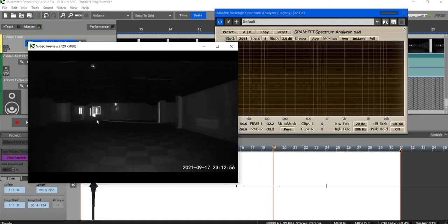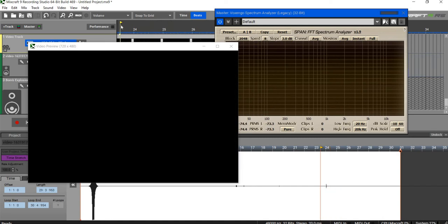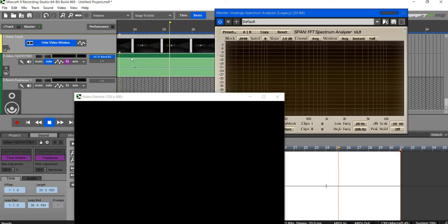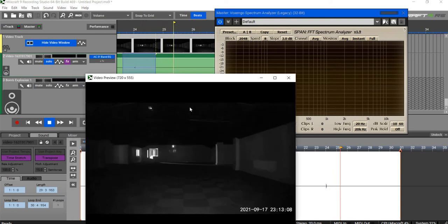I just wonder if it's some sort of reflection of something. So it's here again. I'm just going to loop that.